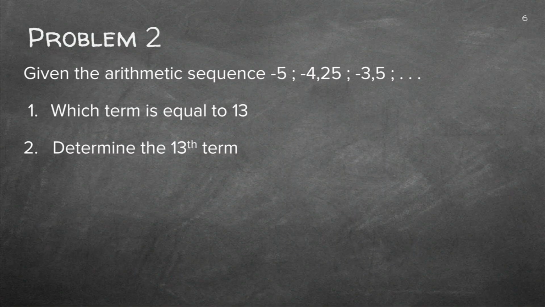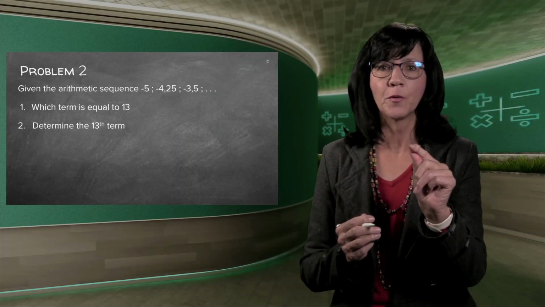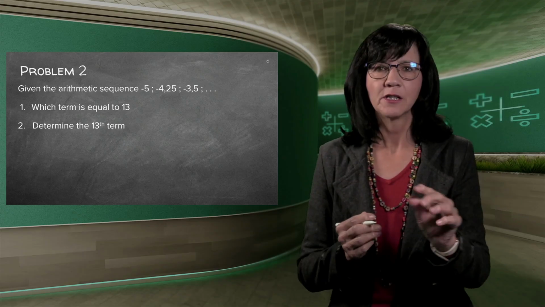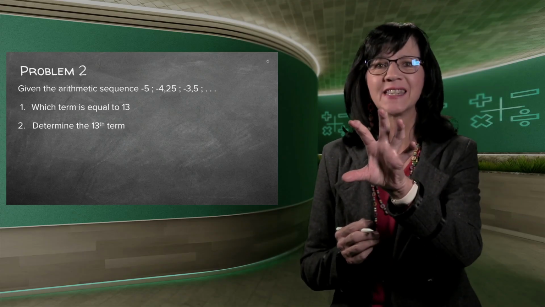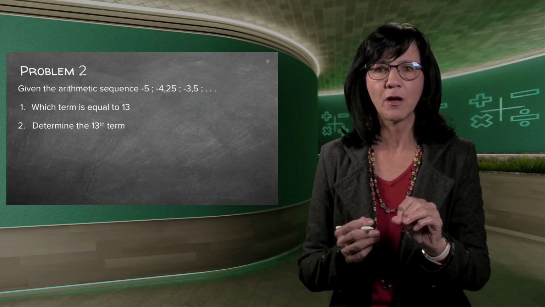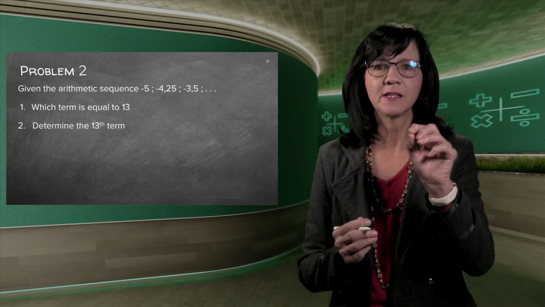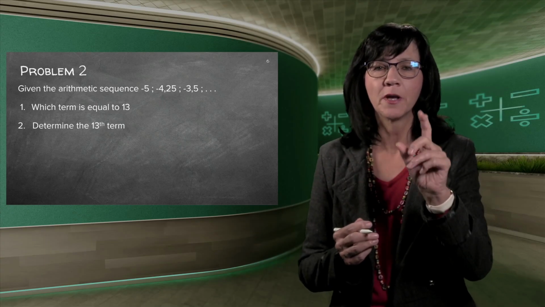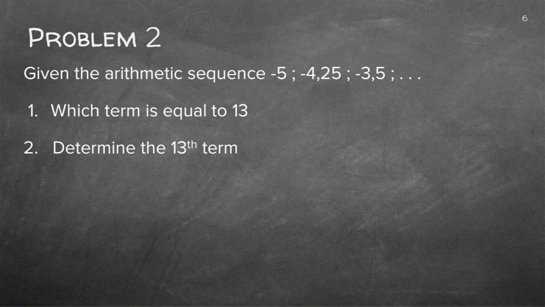Good. Problem 2. Now this one, they gave us the sequence, and they told us it's an arithmetic sequence. And then they asked firstly which term is equal to 13. Now let's just be careful. Which term equals 13? So do you agree with me? The term itself, the capital T, is the 13. So which term are they talking about? The little n. Is it the 4th or the 10th? Which term? So they are asking you to find the 10.